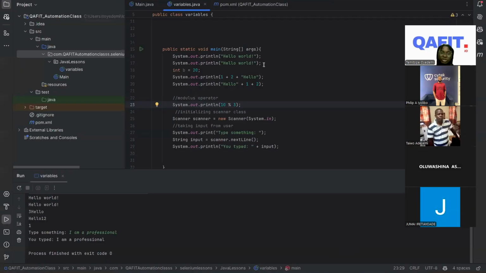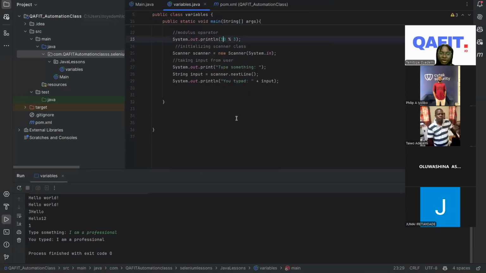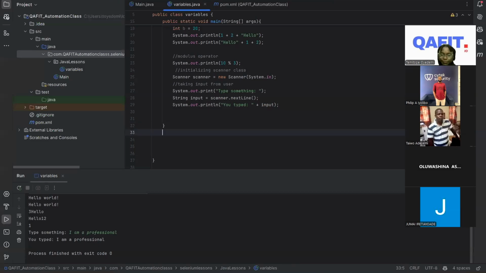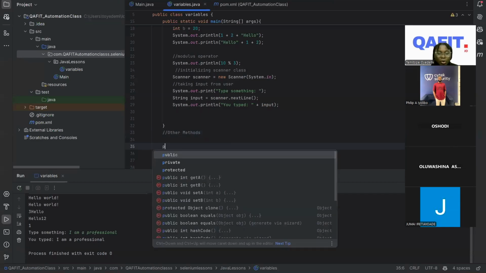So let's do something here. So far, we have a main method here. We didn't write another method. Now we want to write another method. So I will call this otherMethods. Okay, so public